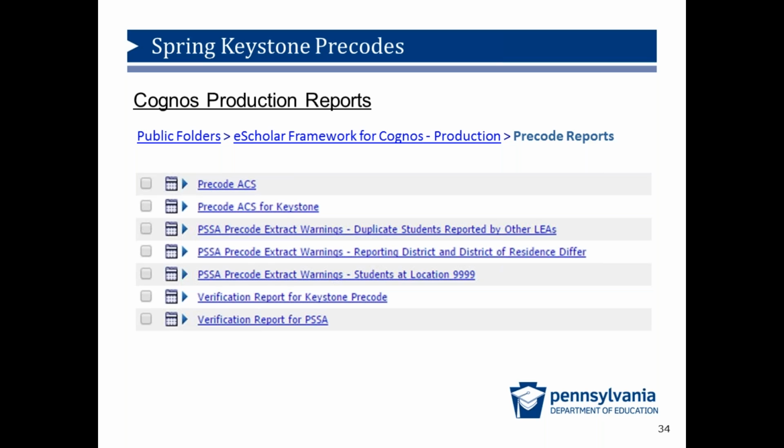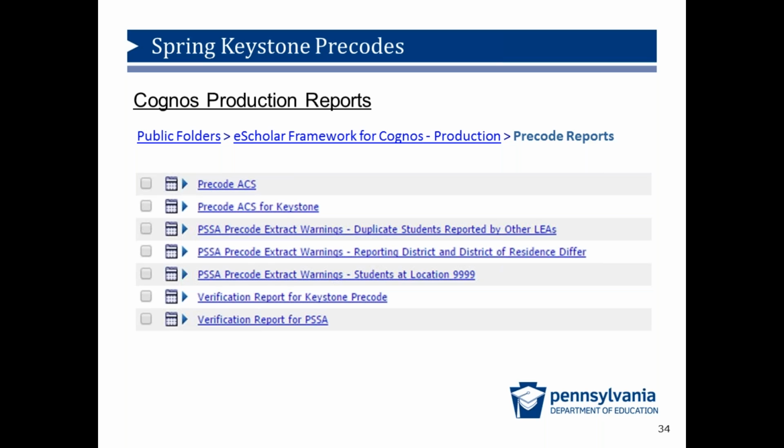The next three reports are extract warning reports that alert you to potential errors when a student may be reported in multiple LEAs, where the reporting district is different from the district of residence, or those students listed with location code of 9999. Students coded with 9999 will not receive labels. Students reported in multiple LEAs will be subject to the unduplicating rules so that the educating entity may or may not receive labels.